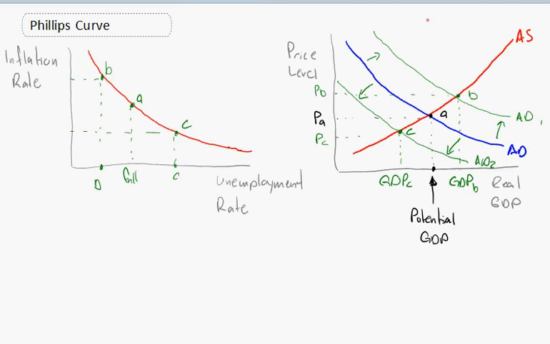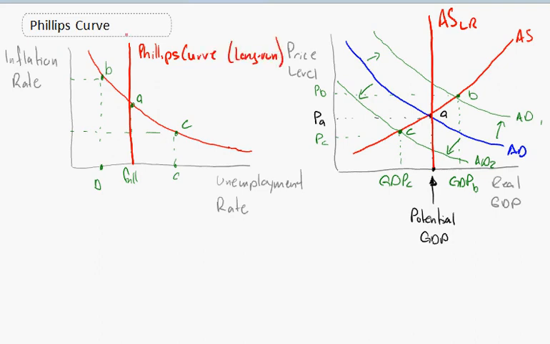Now, if we look to the long run, we know that the long run aggregate supply curve is a vertical line at potential GDP or full employment. And so in which case, in the long run, we know that any change in the price level does not change unemployment. So in the long run, the Phillips curve is a vertical line at full employment. So this would be the Phillips curve